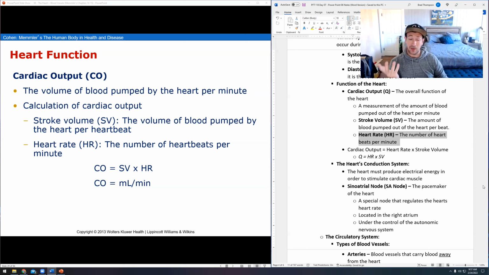This is one of the reasons why we train our clients' heart rate, and we celebrate when their heart rate gets lower and lower and lower as they get fitter and fitter and fitter, right? So your cardiac output is your heart rate, the number of times you have to beat, versus your stroke volume. If your stroke volume,